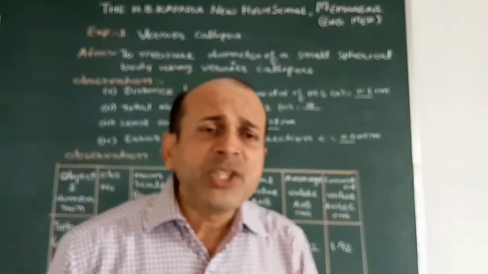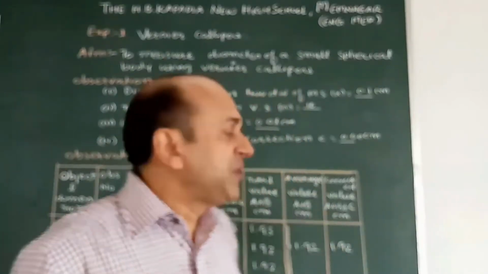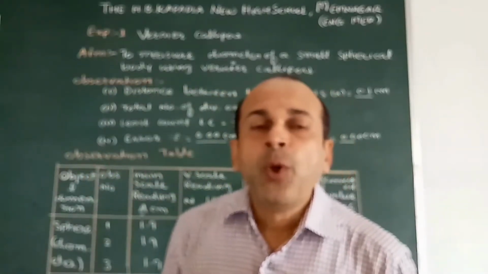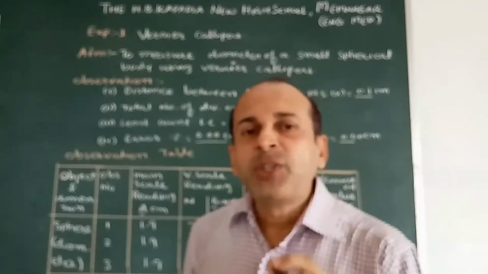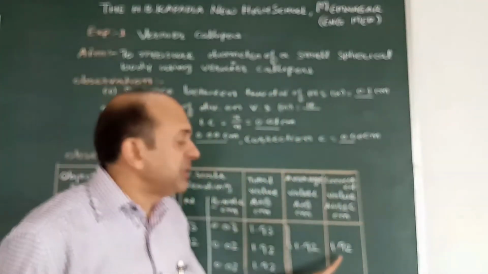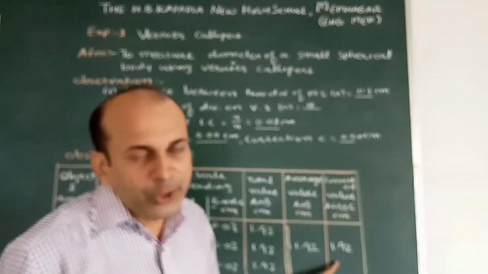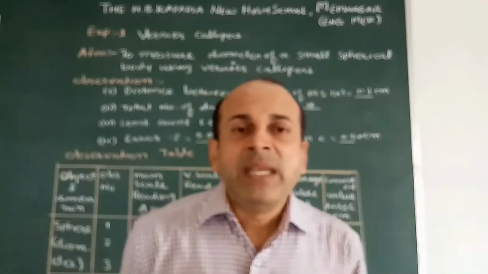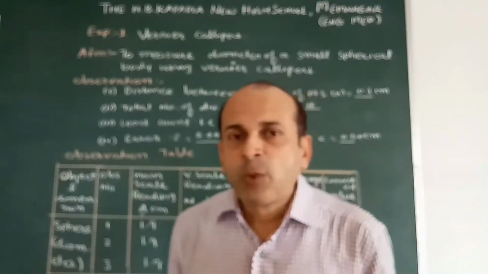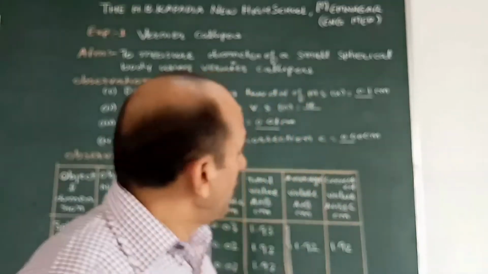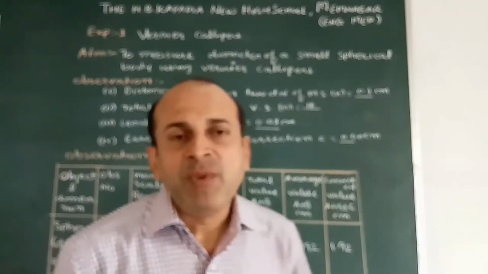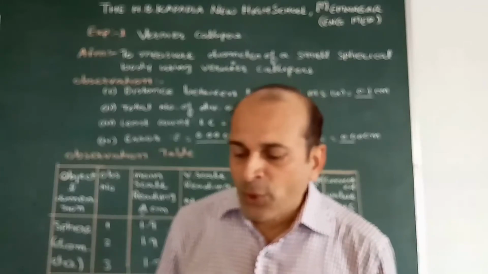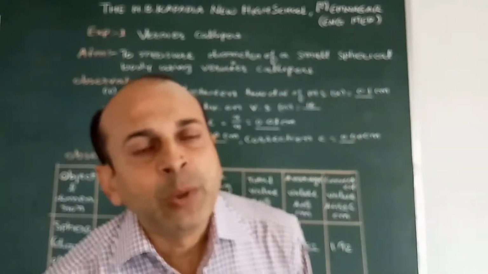Now after this you can calculate the volume of the sphere too. What is the formula for the volume of the sphere? It is equal to 4 by 3 pi r cube. First you will calculate the radius from the diameter. This is the corrected diameter 1.92. Dividing by 2 you will get the radius. After finding the radius, the volume of the sphere V is equal to 4 by 3 pi r cube. Substitute the value of the radius, and in this way you can find the volume of the sphere, and the unit of the volume is cm cube. So in this way we can find the volume and dimension of the object.